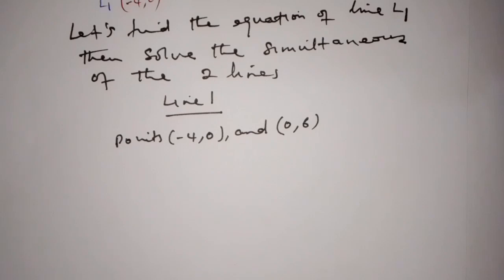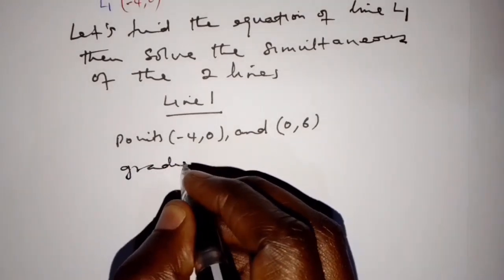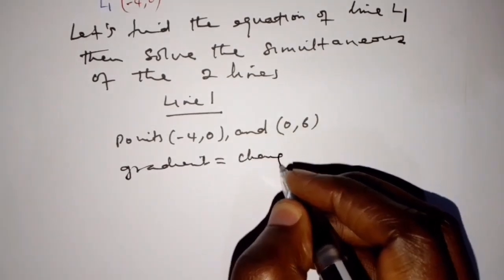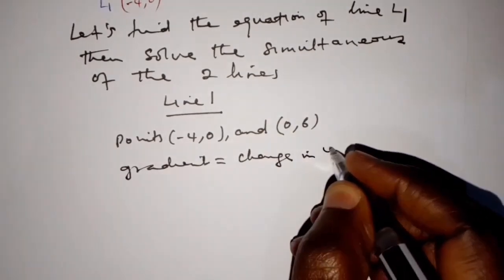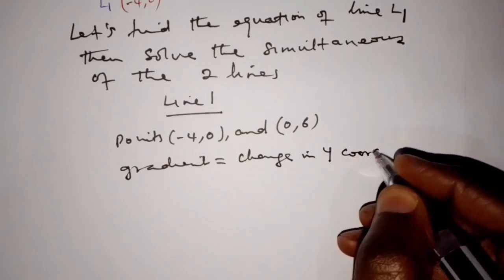The formula for finding gradient is gradient is equal to change in y coordinate